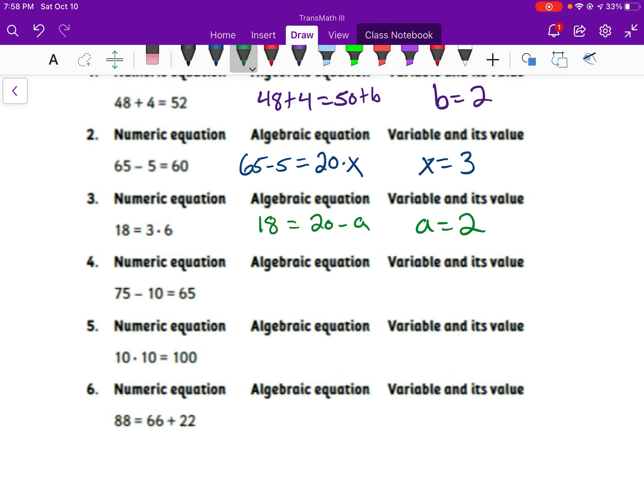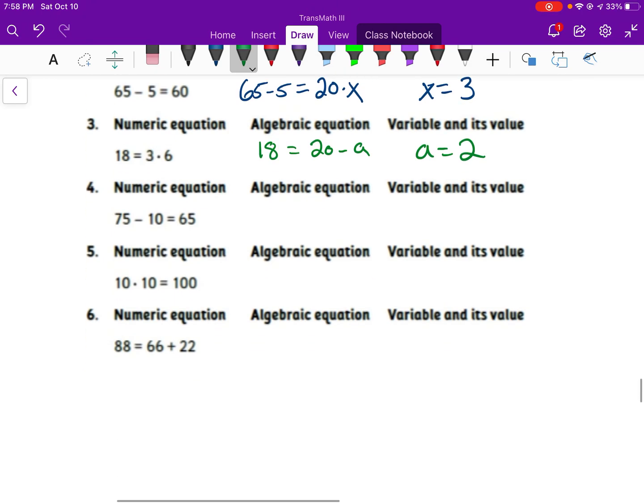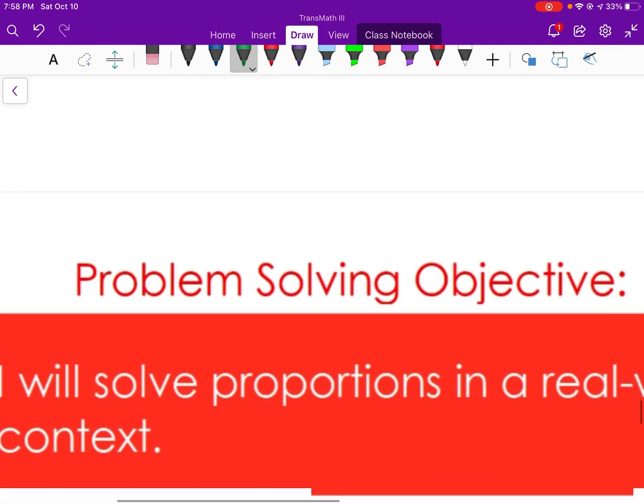Okay, same idea for the rest of them. Your answers will vary. Okay, so if you ever have any questions on this, just ask me to see if it is an algebraic equation that does represent your numeric equation. Okay, so I'm not going to go through those last 3, but if you have questions, make sure you ask, because again, all those answers can vary. All right, so